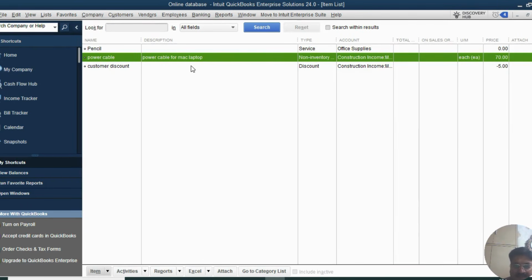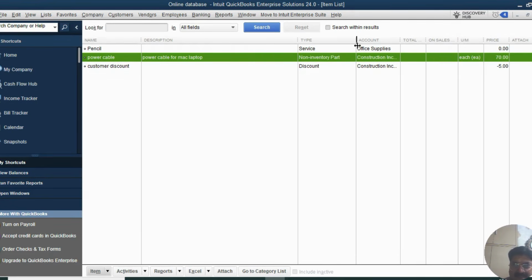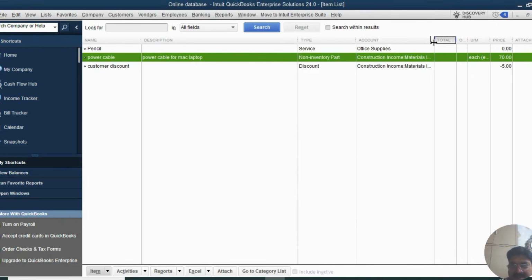So you can see that we have already created an item which says power cable. That's a non-inventory item. Here you can see, if I expand that, and the account, whatever the income comes in with this item, that will go to construction income, material income. See that, and that's the price of the item here. So in short, what we have discovered here is how we can create a non-inventory item,